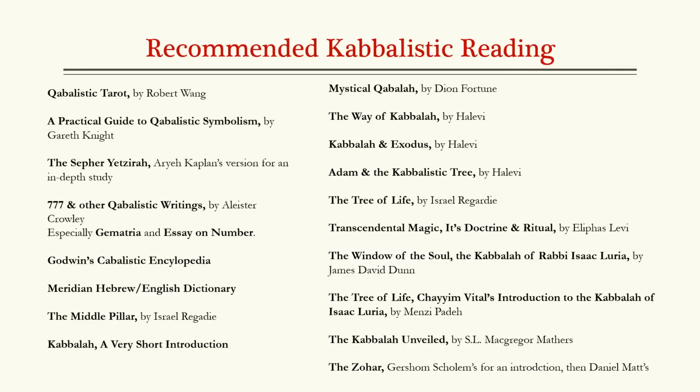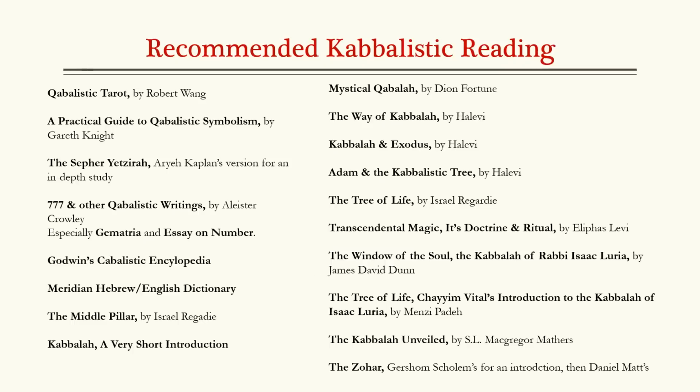And I kind of put them in a general order of what I would think is a good way to read them, starting from left going down, then right going down. Kabbalistic Tarot by Robert Wang is my go-to Kabbalah book, not only because it was my first Kabbalah book, but because I think it very well teaches how to approach the 10 Sephiroth, the 22 paths, and the 4